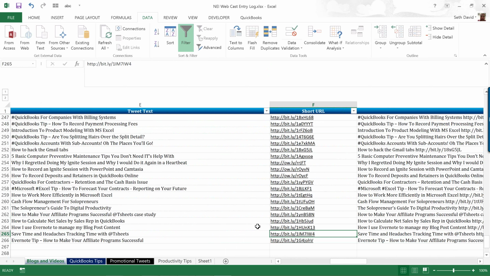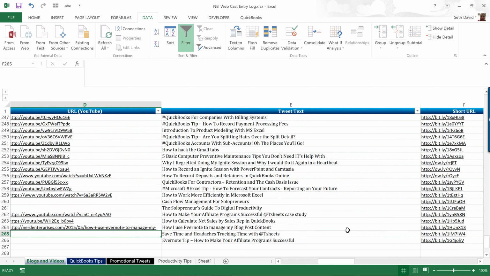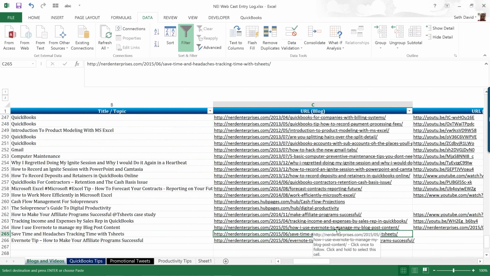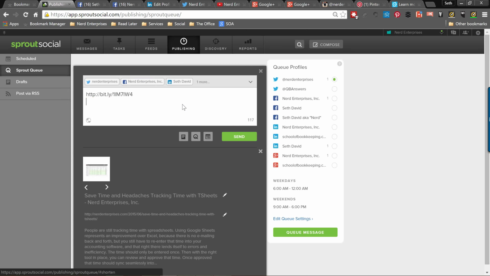And then F is the short URL. So how do I get a short URL? Really easy, especially with Sprout Social. Here's the long URL, which I just copied and pasted right off the blog post in my website. And then let's go back over to Sprout Social and compose. I'm just going to paste that in, Control V. And then over here, there's an option that says shorten links. So now I'm going to cut that back out, go back to my spreadsheet,